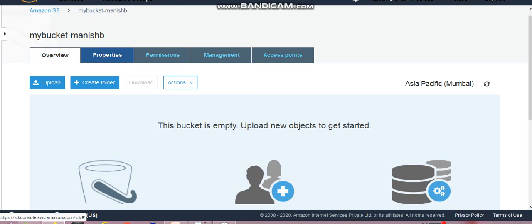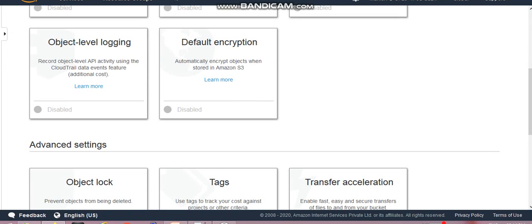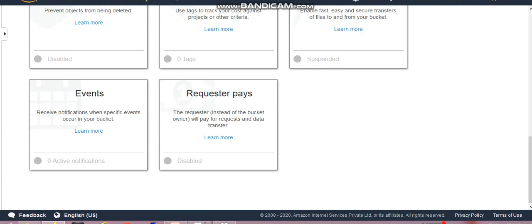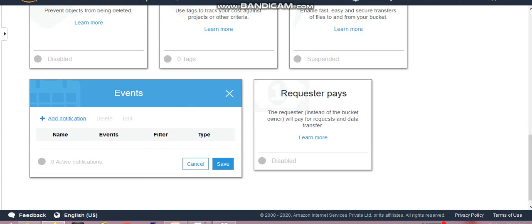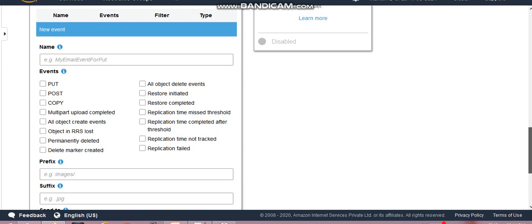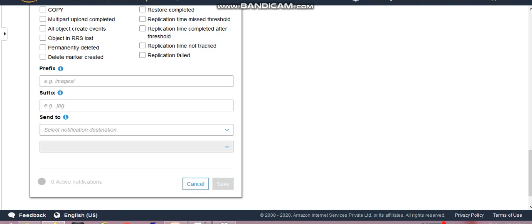If you go to properties, you can see events. Just click on event and add notification. From here you can select a particular method and then send to.